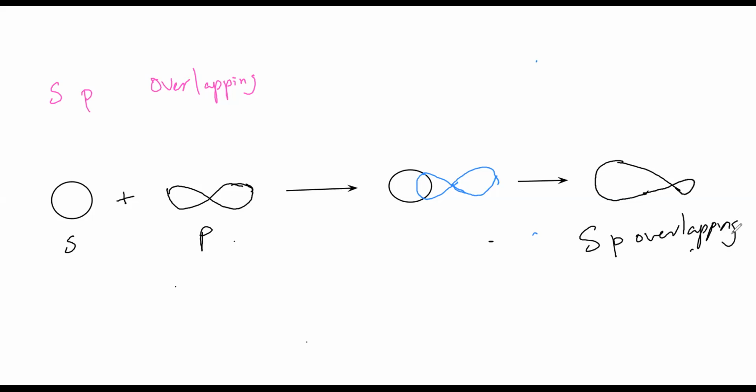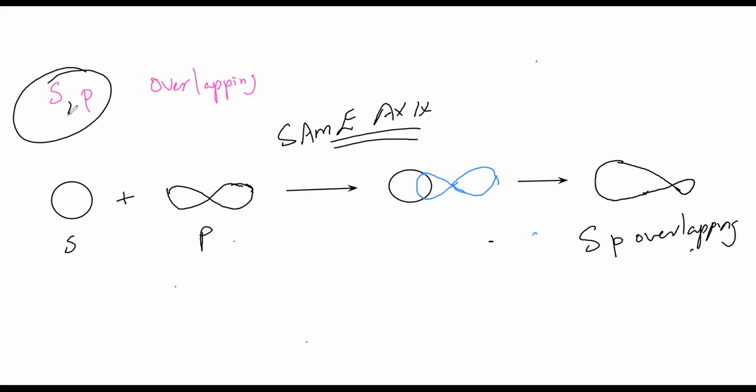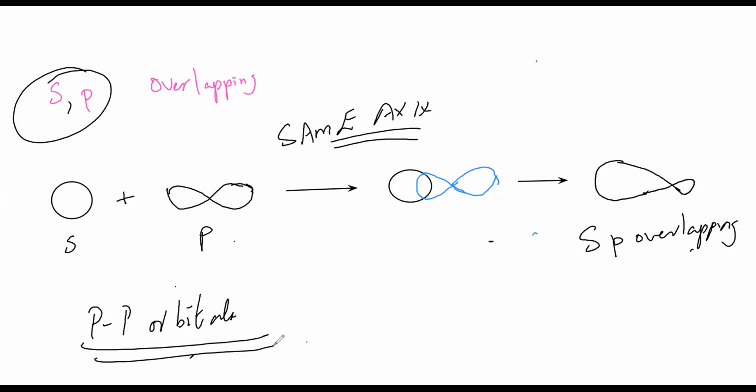Again, in a sigma bond, what is the specialty? Same axis. So here, overlapping of the two orbitals. What are the two orbitals? S and P. Overlapping of the two orbitals S and P happens on the same axis. Then there is one more thing called PP orbital. Through the notes, I will give you that. In the notes, I will give you the PP orbitals also. Any doubts up to this to anyone?